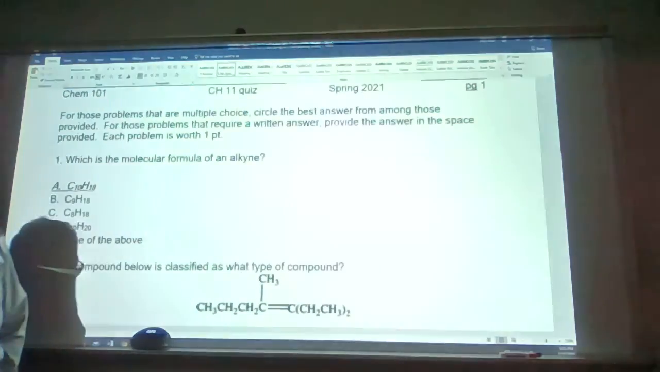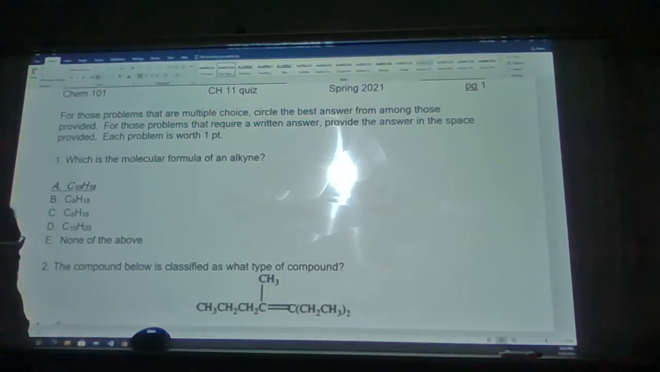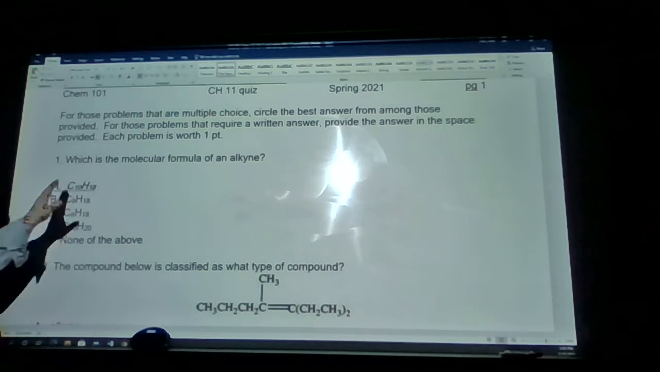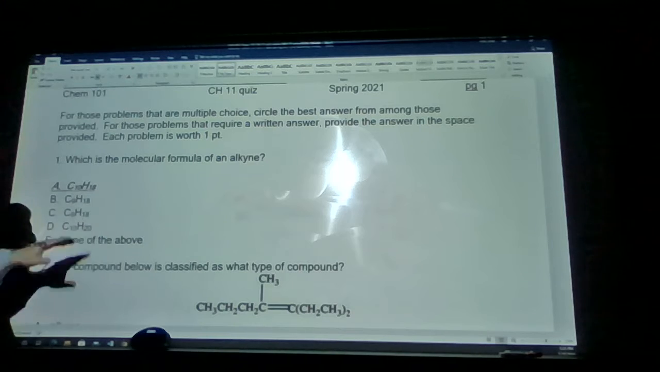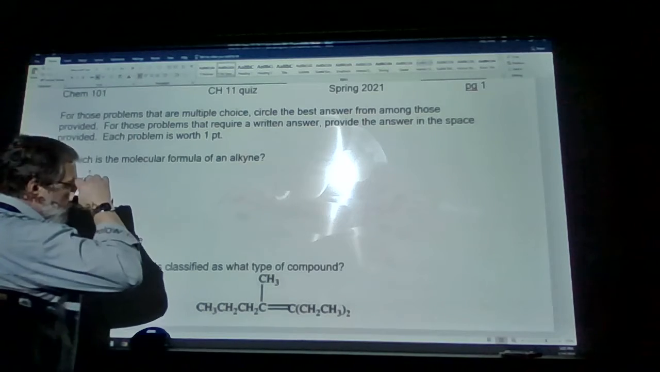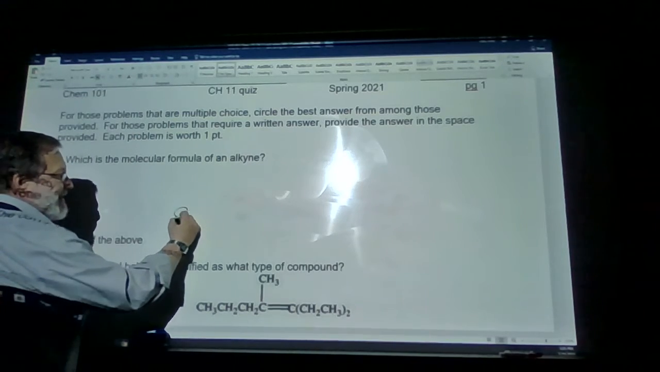This is the Chapter 11 quiz, Chemistry 101, Spring 2021, video number 1 of the Chapter 11 quiz. Of these formulas, which is the formula of an alkyne? The general molecular formula for an alkyne,